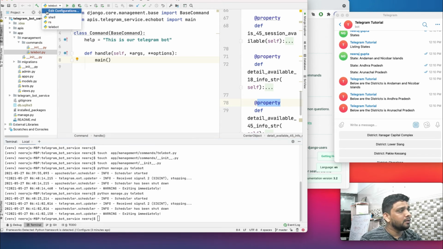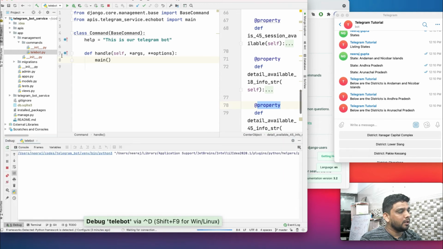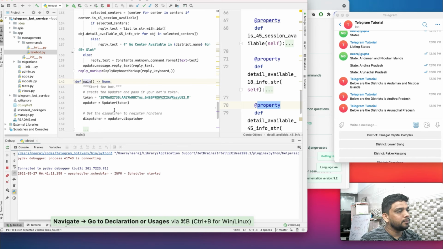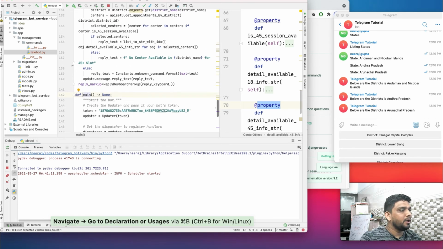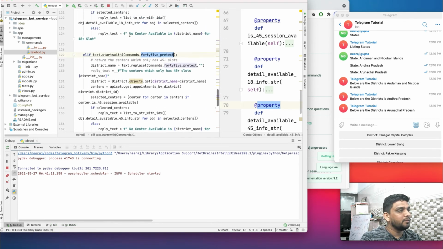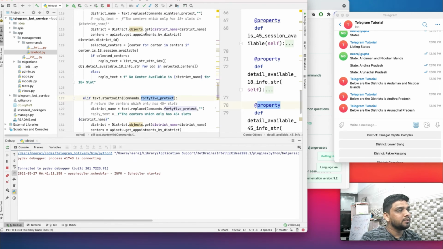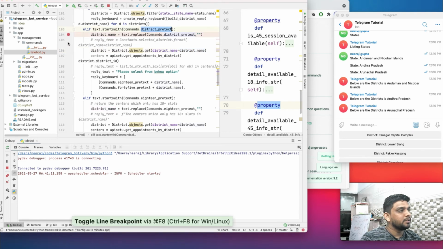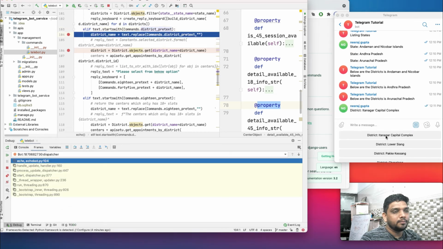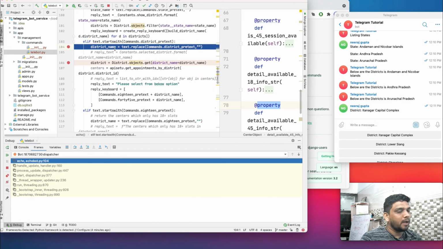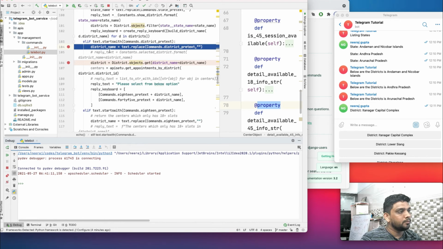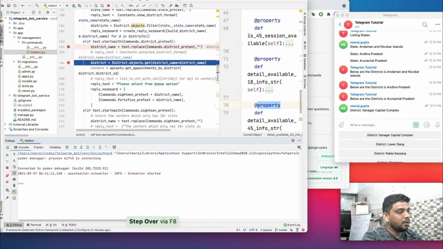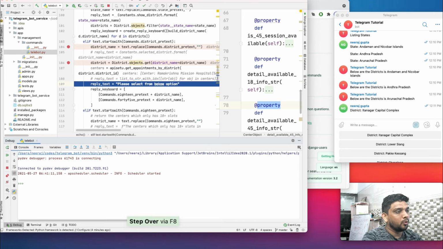If I run talibot with a debugger, and go to the main function, and put a debugger somewhere, let's say when I am selecting a district, I can use this functionality to debug in real time what is actually happening with the code.